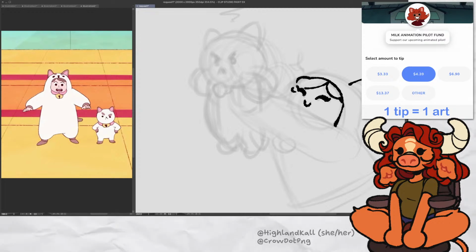Oh, I did not add her ears to her onesie. It's the whole reason I drew it. That's a really funny concept for a onesie too. It's just the fact that it's coming out of his mouth.